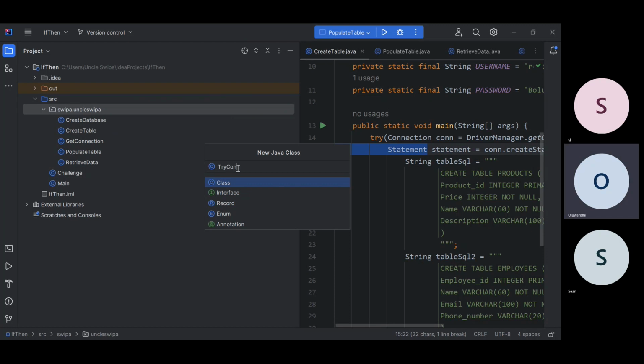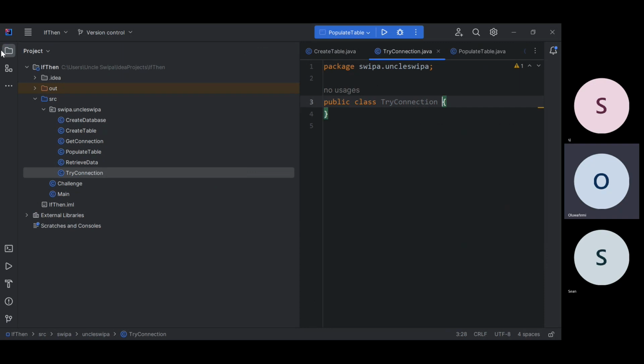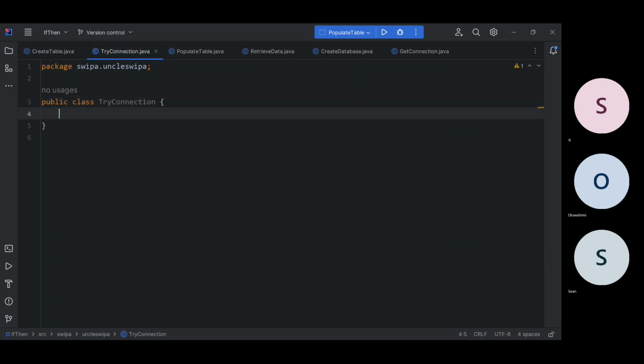Try. I don't know the name of the try connection. So yeah. Now I need to get my connection. There are three main ingredients I need. There are three main variables I need. I need my URL, my username, and my password. So I declare them here